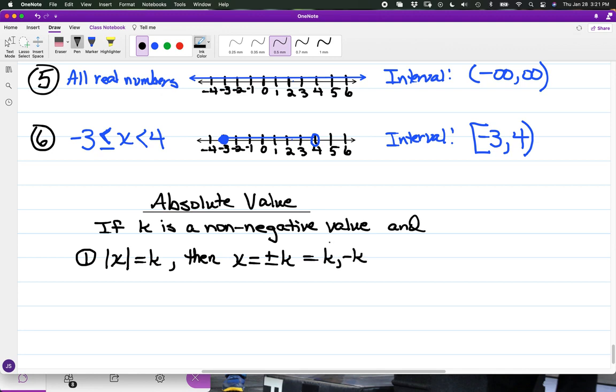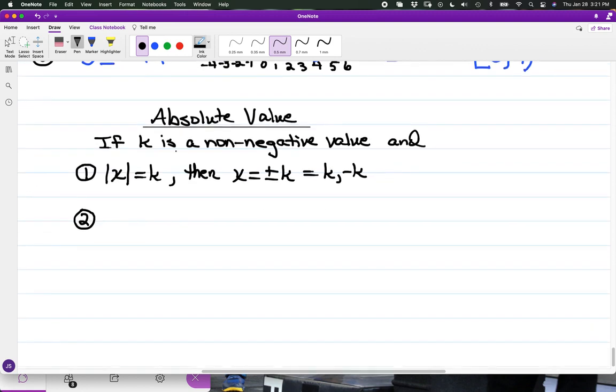But if you're looking at a set of values, crossing over to the inequalities, and we have that the absolute value of x is less than k,